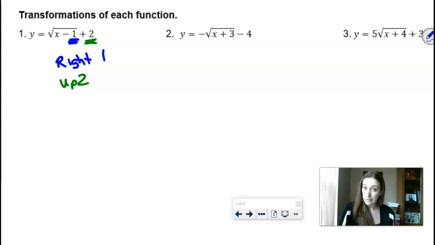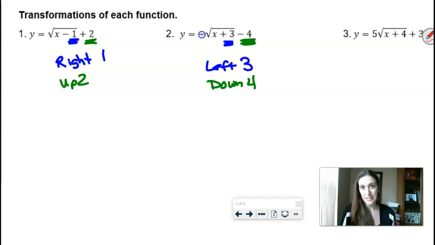All right, be careful on this one though. This has a couple of transformations, 3 of them actually. So let's first talk about the left 3. And then we have a down 4. But there's something else we haven't talked about yet today, and that would be the fact that there's a negative in front of it. Remember, we called that a reflection